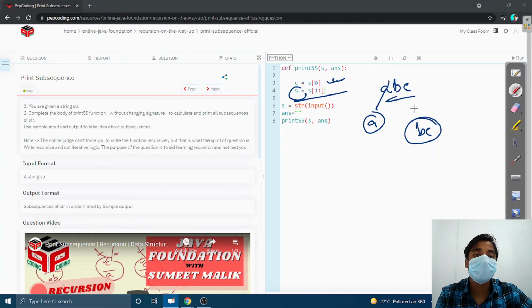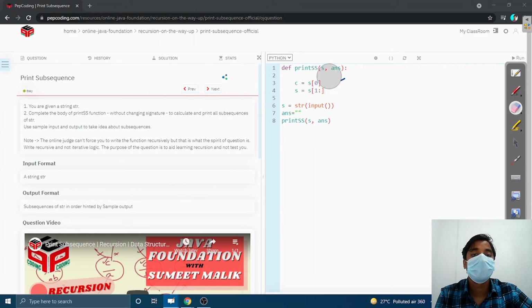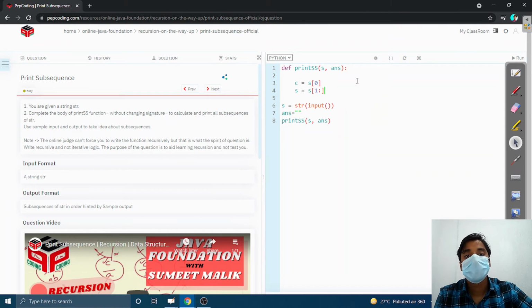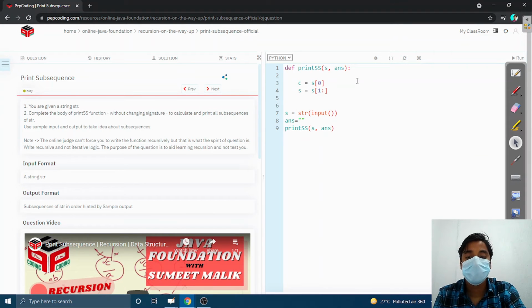A is removed from the string. Now we need to call the functions, one with the answer, another one without the answer.